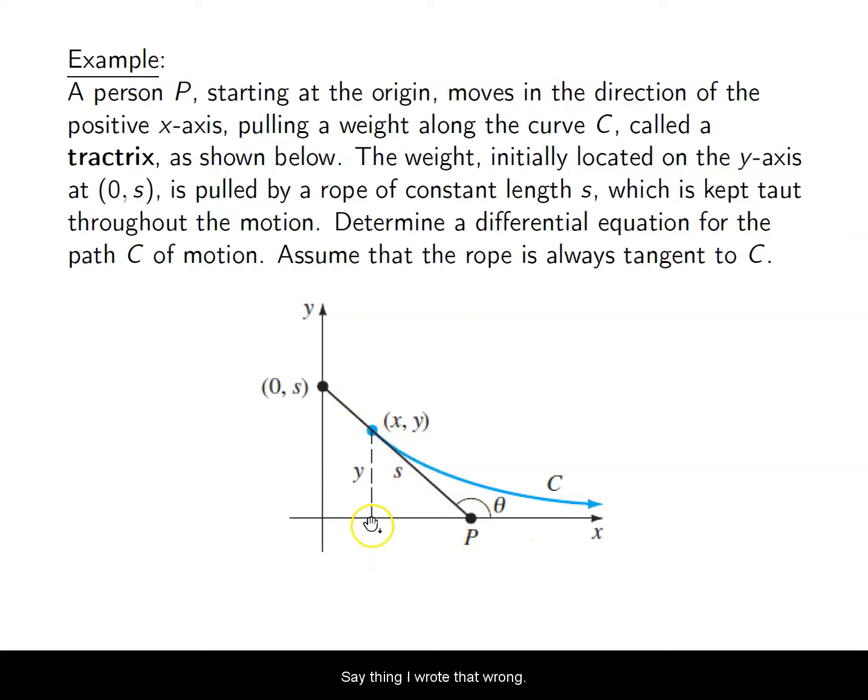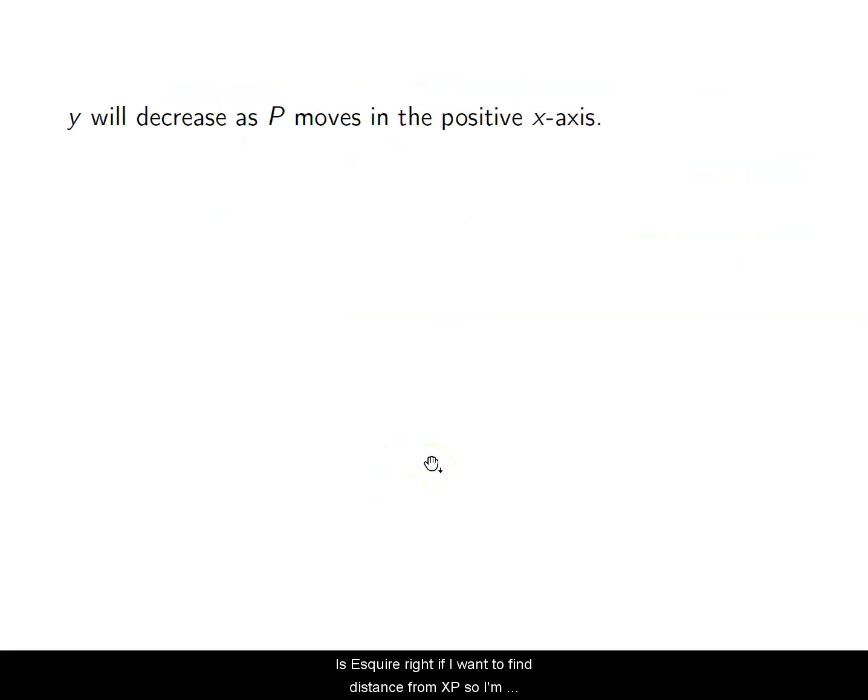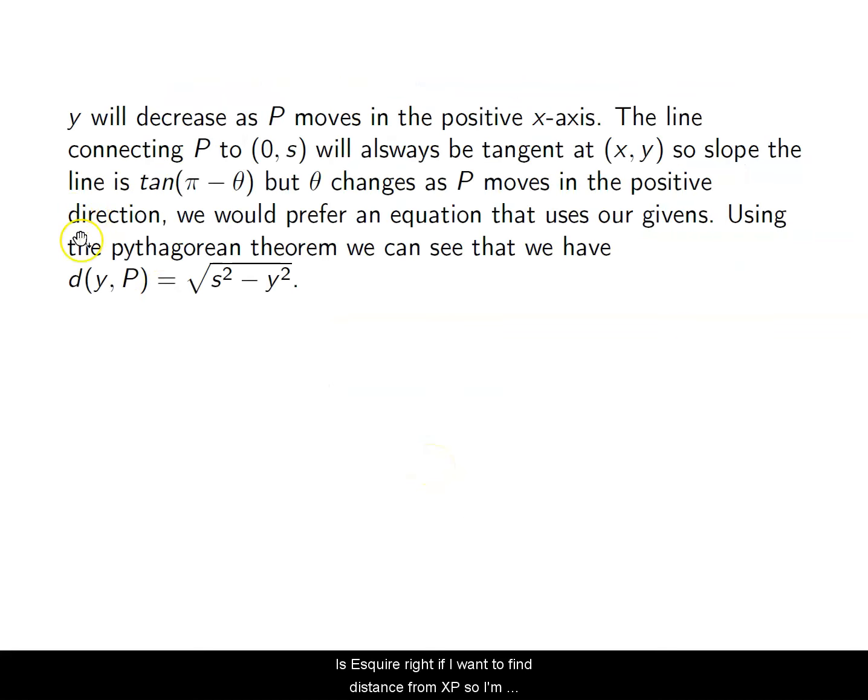Actually, I think I wrote that wrong. The distance from X to P, I should say, right? This distance, okay? Y squared plus this distance squared, P minus X squared, is S squared, right? So if I want to find the distance from X to P, I'm being really lazy right now. Normally I would just pause this video and fix this. But I'll fix this in the write-up. So this should be the distance from X to P is going to be the square root of S squared